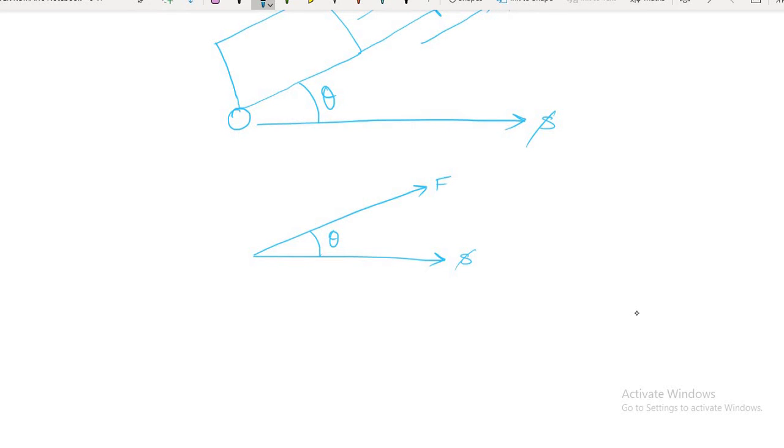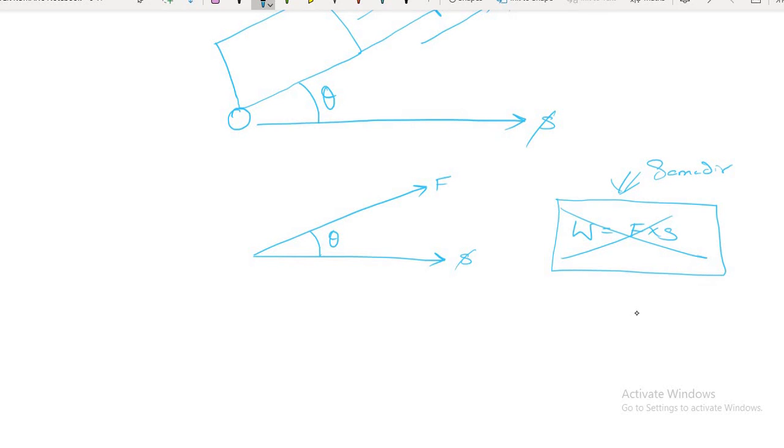Now you see, can we use the formula W = F × S? No, we cannot use this formula. Why can we not use this formula? Because I have given the first statement of today's class that force and displacement both have to act in the same direction. But in this case, the force and displacement are not acting along the same direction. So we cannot use the formula W = F × S. So in this condition, how to find out the work? This is our target.